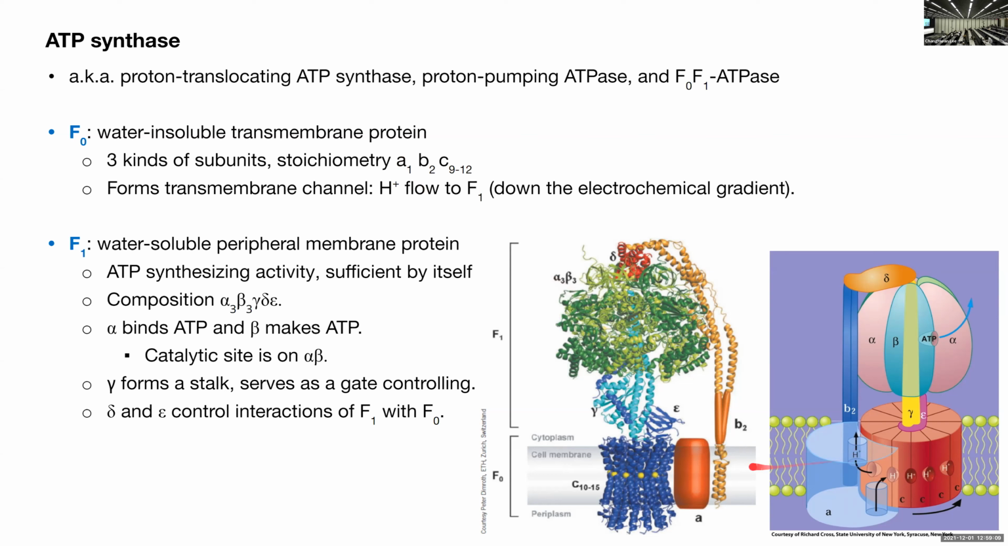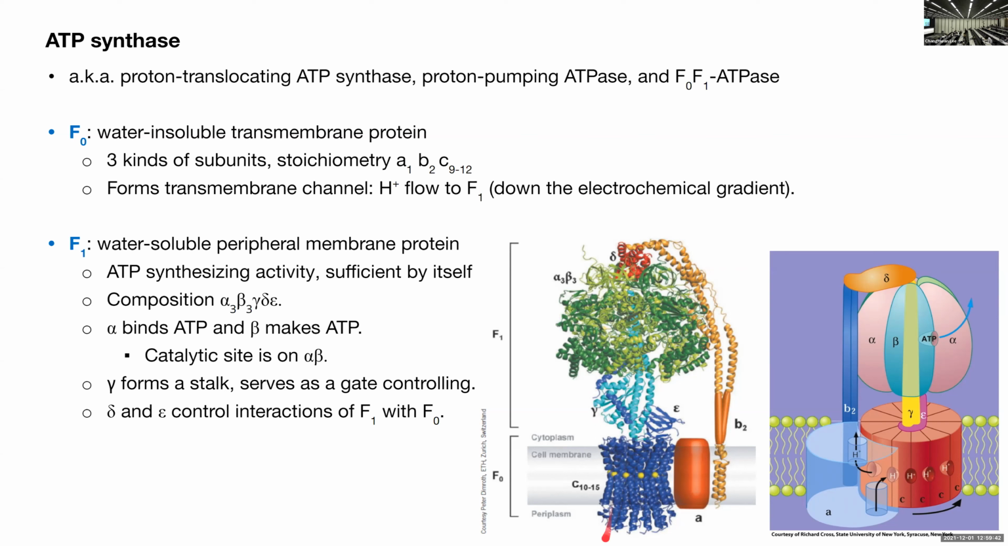1 A, which you can see in both the cartoon and the structure here, there's one big A. 2 B that looks like big, long rods, and the 9 to 12, or 10 to 15, C subunits, depending on what kind of species you're looking at. And this F0 forms the transmembrane channel, basically. That's where the proton flows to the F1, and that's down the